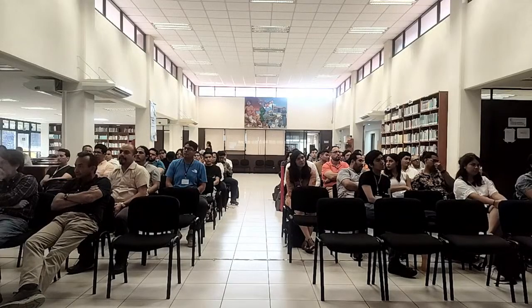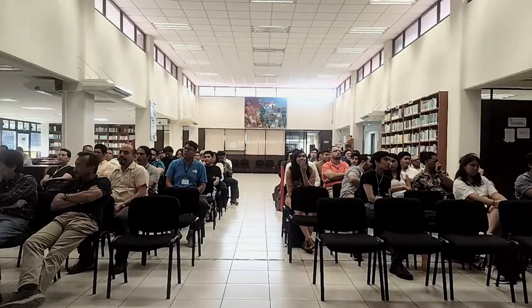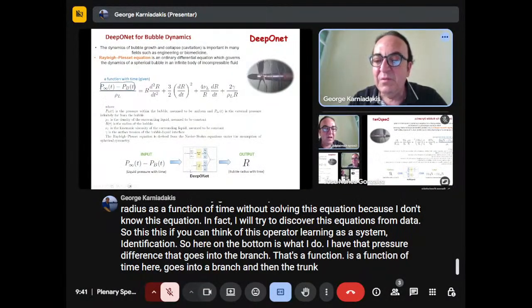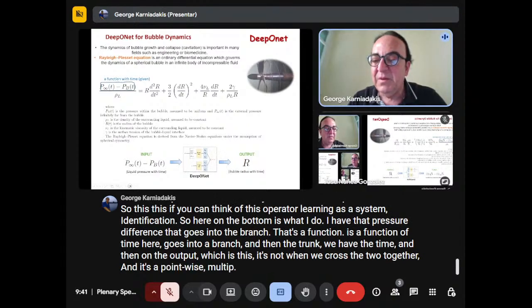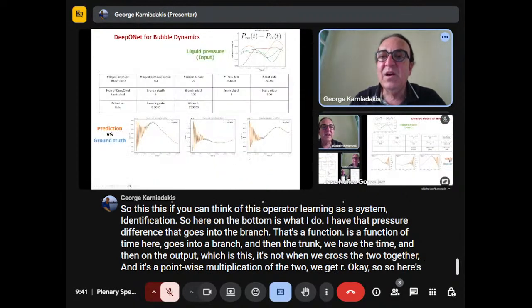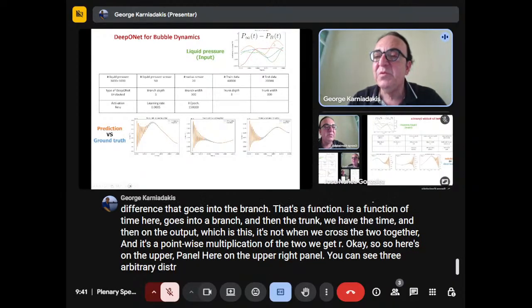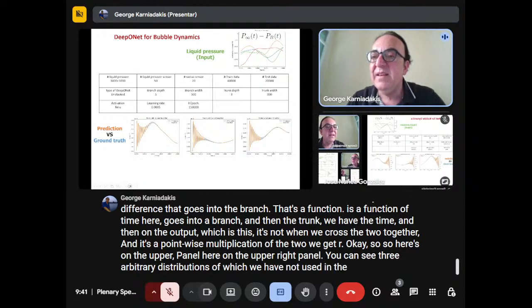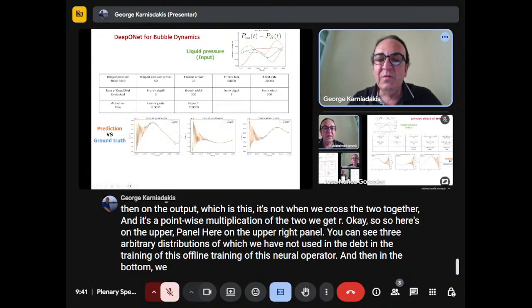So here on the bottom, I describe what I do. I have the pressure difference that goes into the branch. That is a function, a function of time here. It goes into a branch. And then in the trunk, we have the time. And then on the output, when we cross the two together with a pointwise multiplication of the two, we get R. Okay, so on the upper right panel, you can see three arbitrary inputs which we have not used in the offline training of this neural operator. And then in the bottom, we have three corresponding